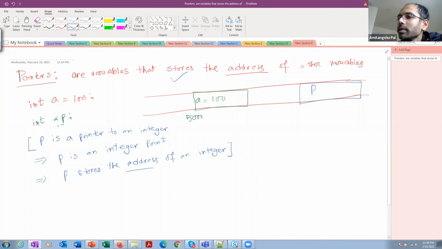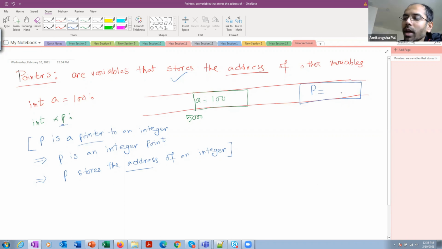Clear? Because p is an integer pointer, not an integer. So this is the declaration of p. What value is stored here is not yet defined; at this point there is some garbage value inside p.